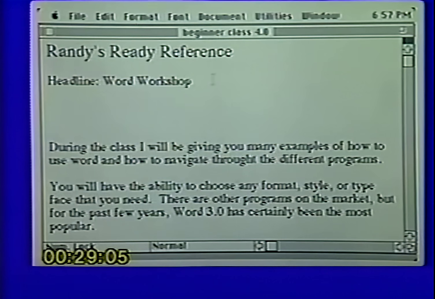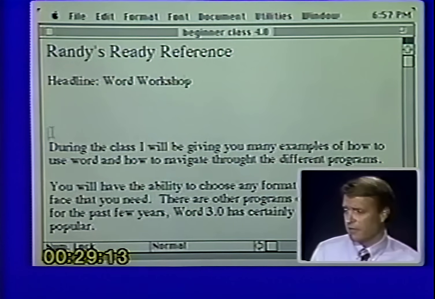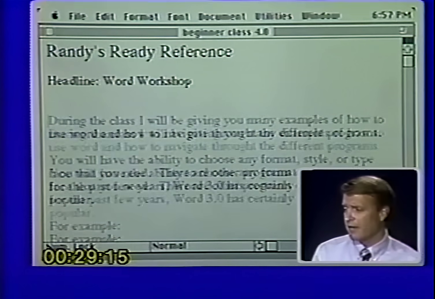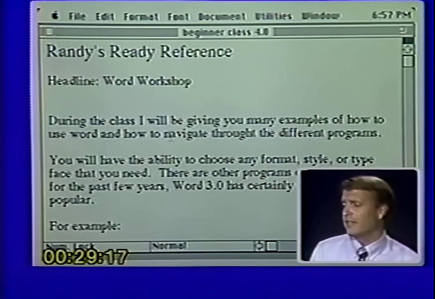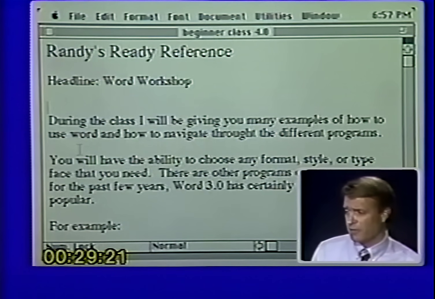All right. Now, the next thing that we want to do once we have deleted and we have inserted and we have highlighted is that we are going to want to move copy around in our document. And if you'll remember, if any of you have ever used an IBM or one of those programs, WordStar, WordPerfect, I remember that was very difficult to move copy around. Well, you will find that it is extremely simple in Microsoft Word because it uses cut and paste.